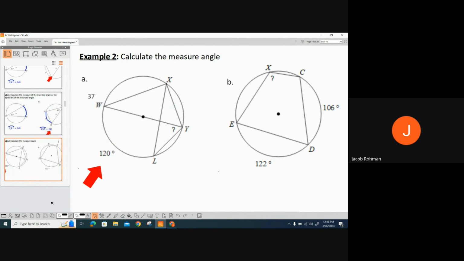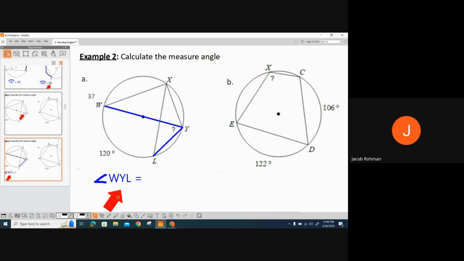In example 2, these are a little bit tougher because there's multiple lines and chords inside the circle. And so here it's got this question mark, and I'm going to go ahead and highlight where that angle is so you can see it more clearly. So angle